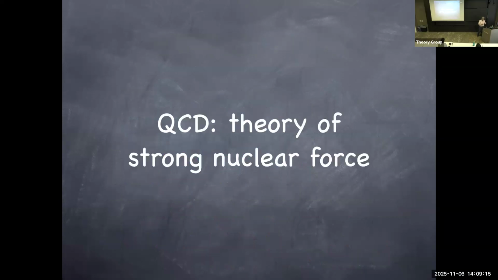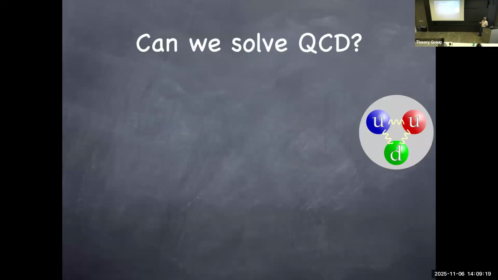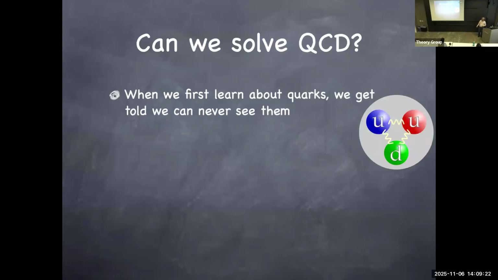All right, so just a little review of QCD. We would like to understand the nature of the strong interaction. Back in grad school, I remember that I was taught about quarks. Here's a proton, and if you look inside, you're supposed to see three quarks. They are colorful, beautiful, but you never get to see them. That's what you get told in the classroom, because quarks are confined. So I felt like this was a scam of some sort.